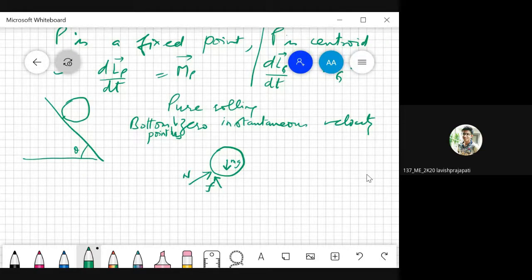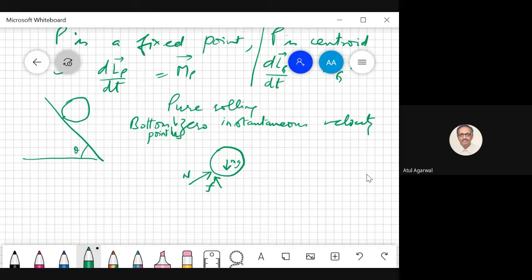Yes, sir. You cannot say that because it is not a case of sliding friction. That happens only when you have sliding friction, then you say F is equal to mu into N. Here we do not know. This is not a case of sliding friction. The cylinder is not sliding on the surface, it has zero instantaneous velocity. So this is a kind of rough surface for all practical purposes.